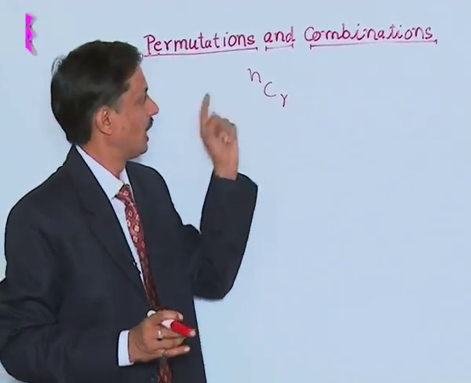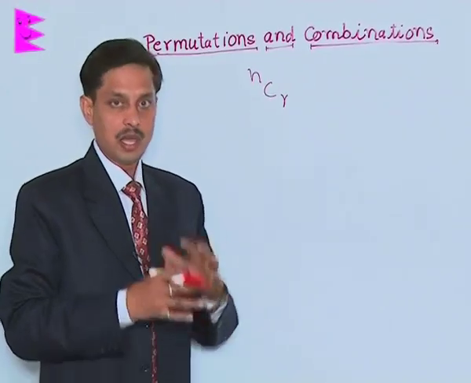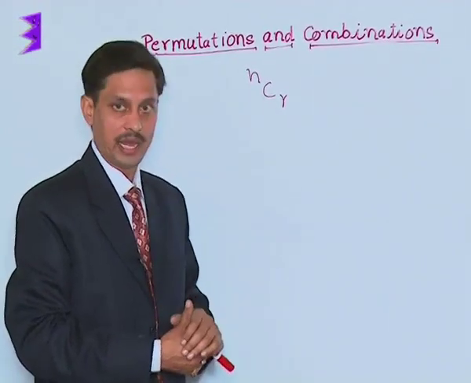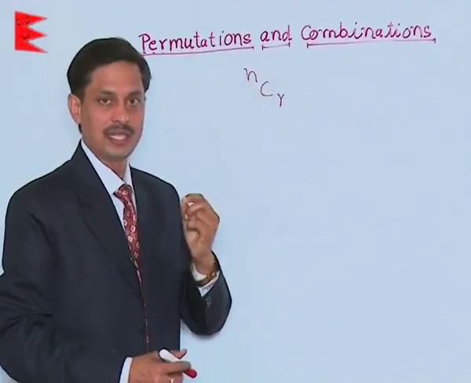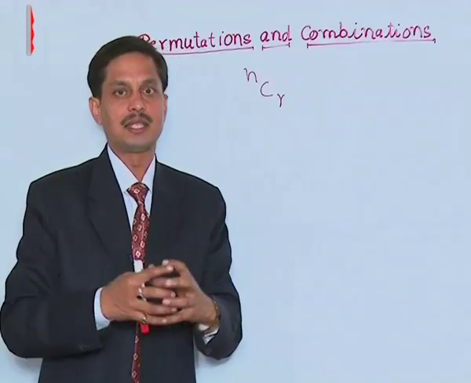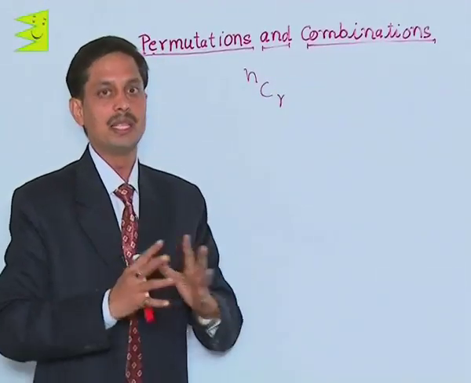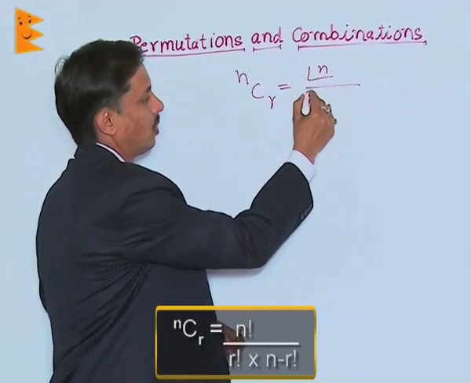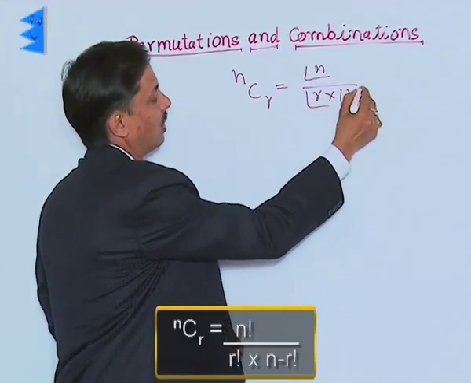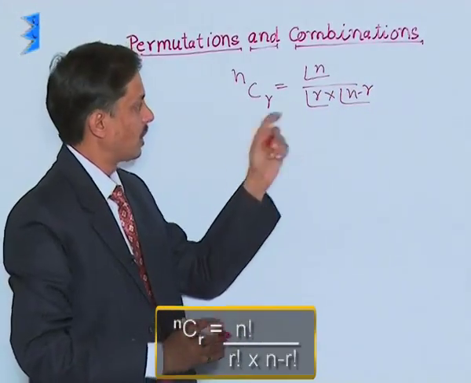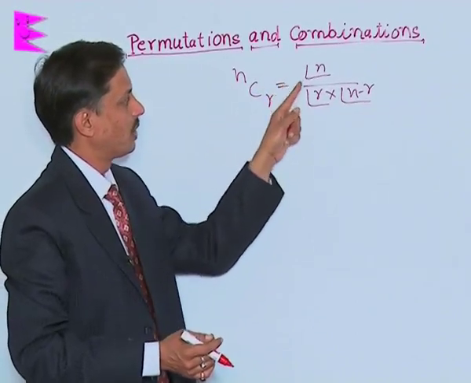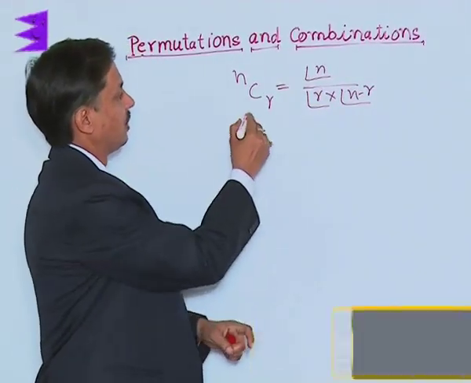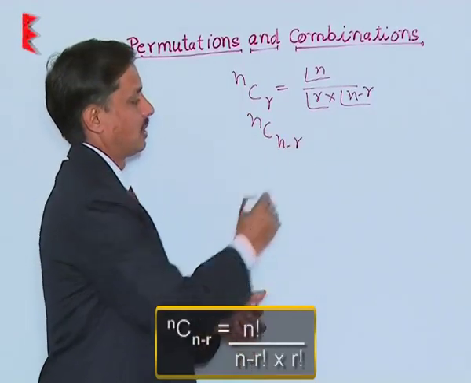nCr means out of n objects we want to select r, and if it is nPr it means that we want to arrange r objects out of n. So to explain combinations, always remember where selection is applicable, meaning the combination is required. The formula of nCr is factorial n upon factorial r into factorial n minus r. This is the first result, that nCr is equal to factorial n upon factorial r into factorial n minus r. We also say that the answer of nC(n minus r)